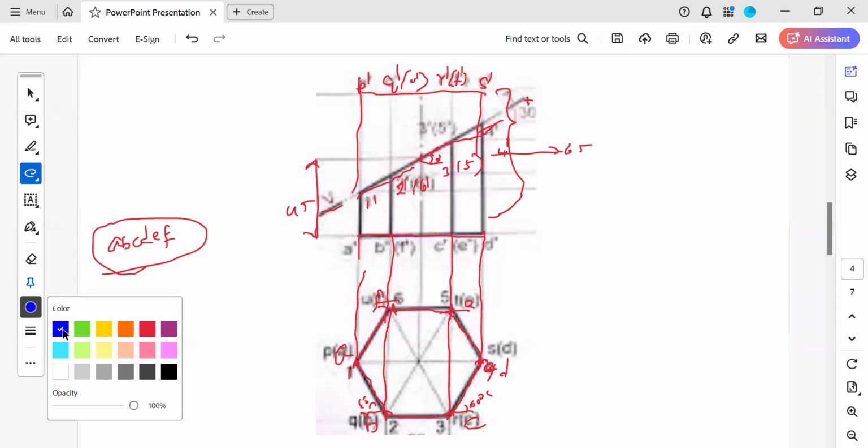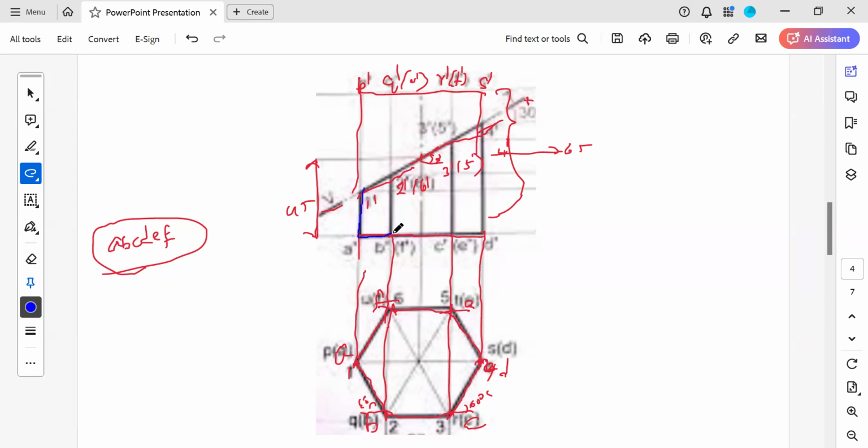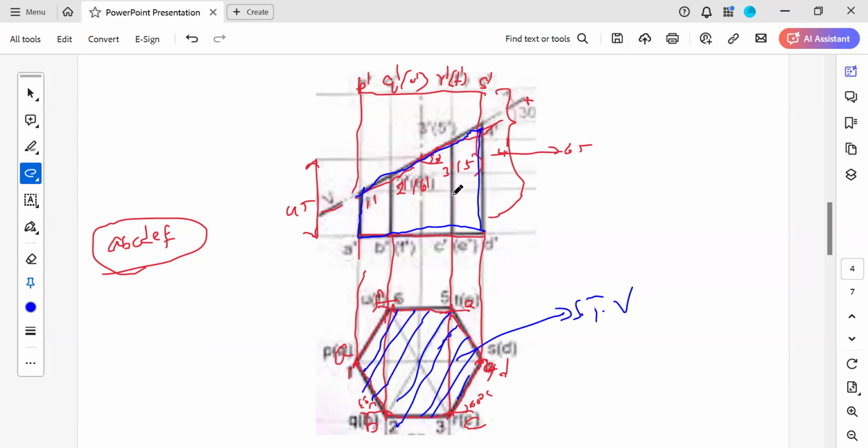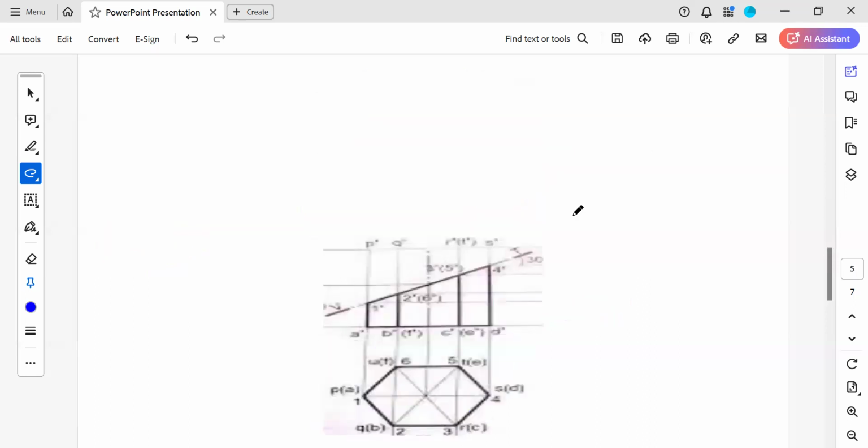Now this truncated portion is called as sectional front view. This is called as sectional front view, and now you draw a 45 degrees line. This total thing is called as sectional top view. That is nothing but a hexagon only, sectional top view, and this remaining portion is called as sectional front view. So if you want to predict the true shape of the section, what we need to draw is